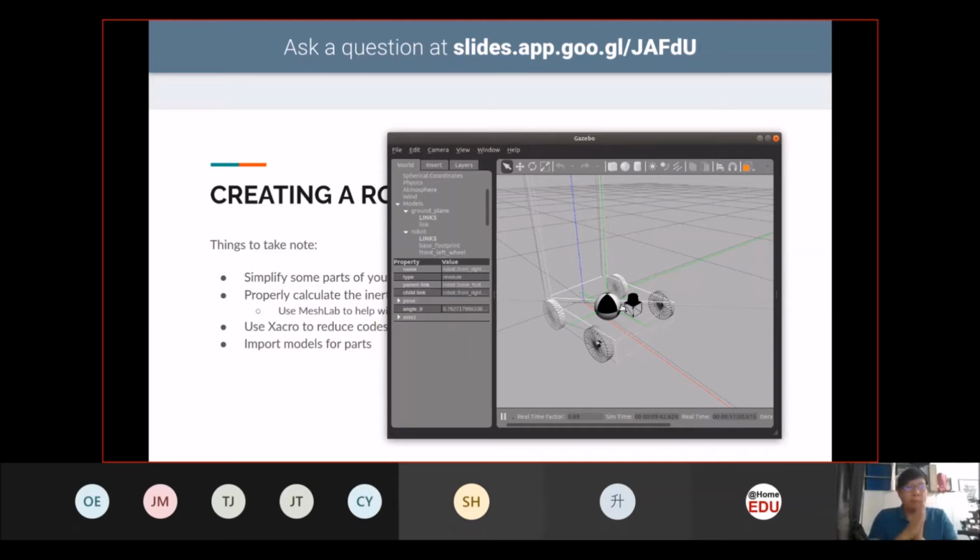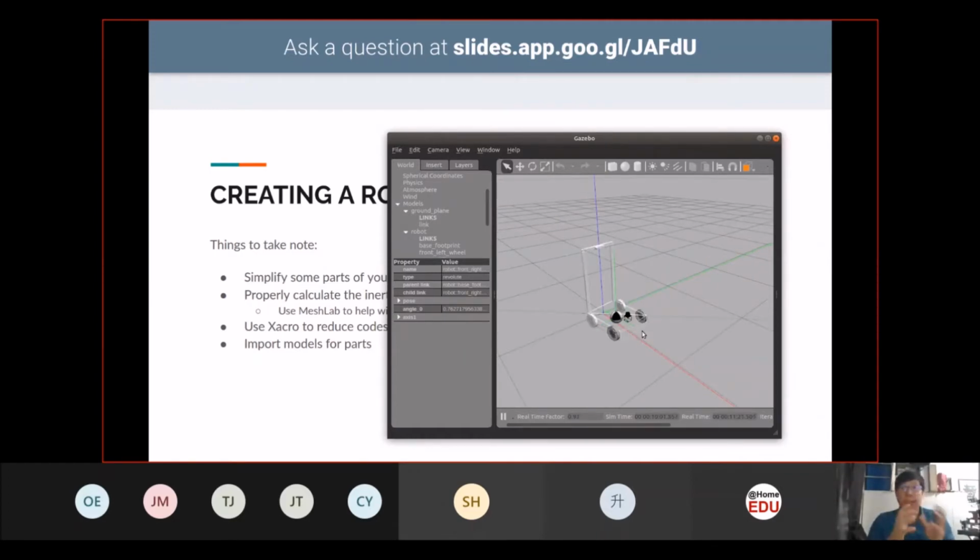But one thing to take note, this URDF file only imports the shapes and also the outlook of the mesh for the objects that you put in, but it does not give the functionality of a sensor.